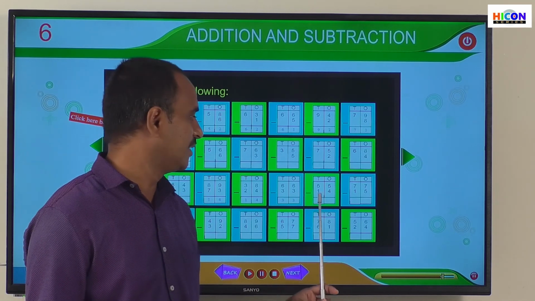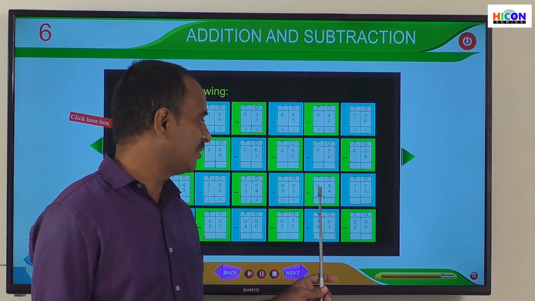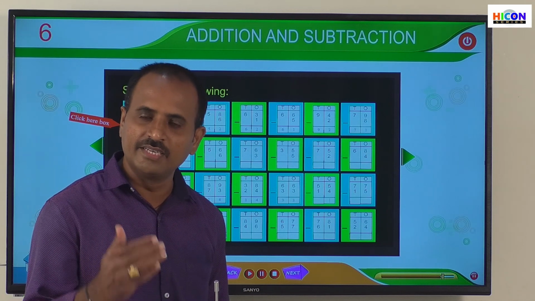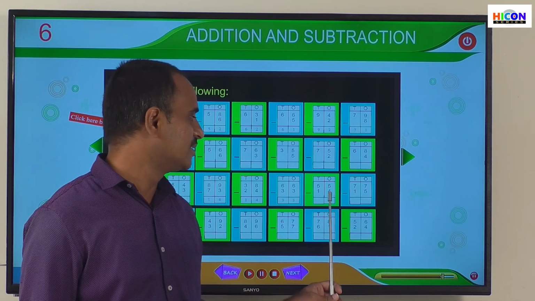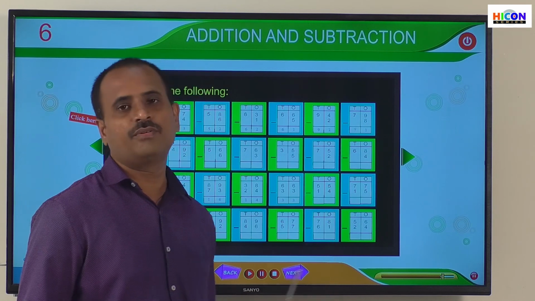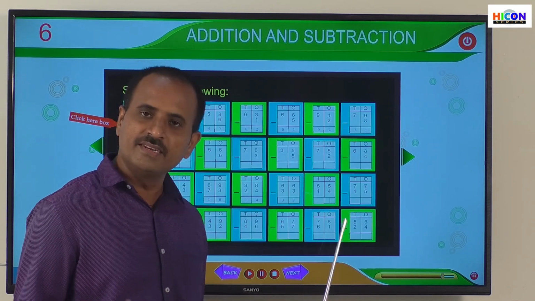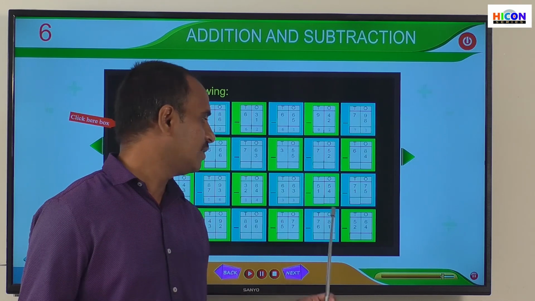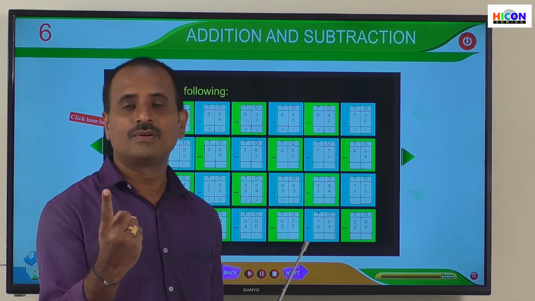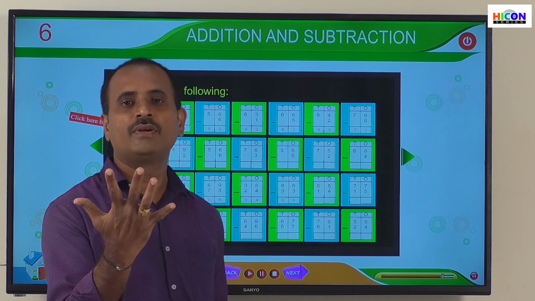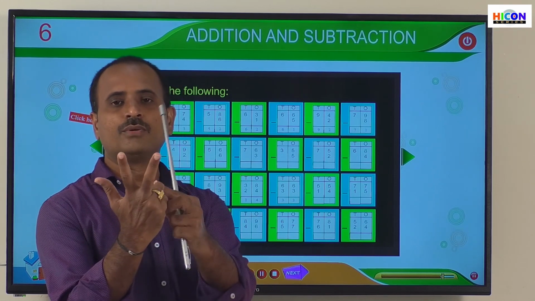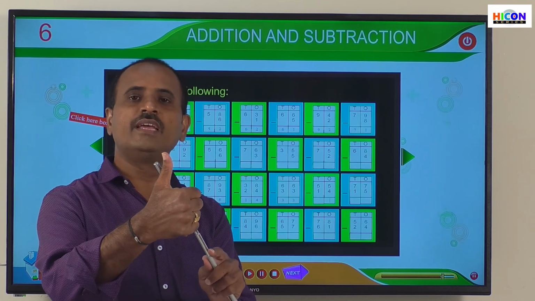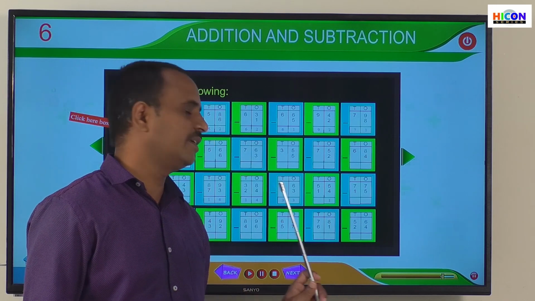So here also you are observing 2-digit numbers. What is the first number? 55. And what is the second number? 14. So first subtract the digits present in the ones place. What are the digits in the ones place? 5 and 4. So 5 minus 4 means open 5 fingers and close 4 fingers. The remaining fingers will be the answer. Open 5 fingers. 1, 2, 3, 4, 5 and close 4 fingers. 1, 2, 3, 4. Children, how many fingers are there remaining? There is remaining only 1 finger. So write 1 under ones place.